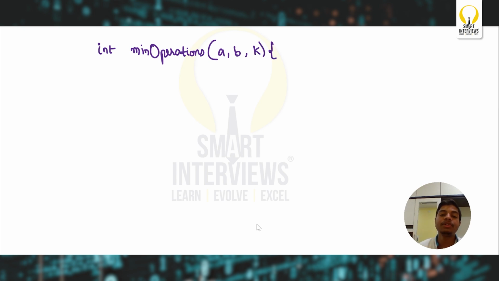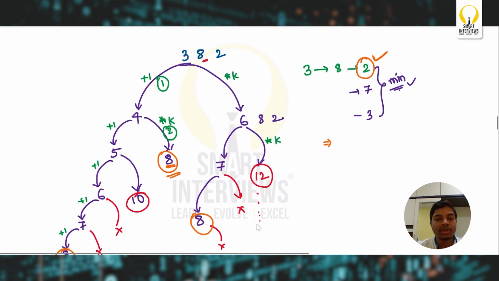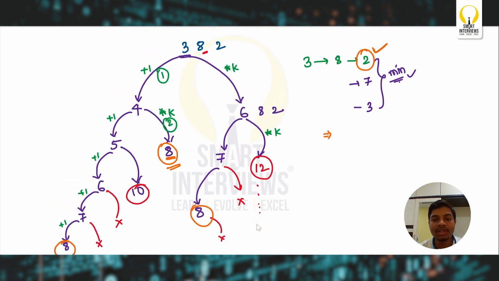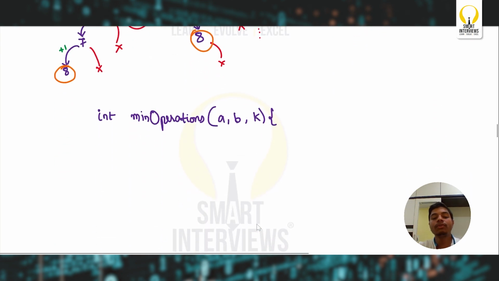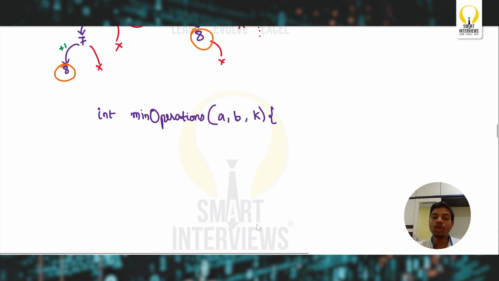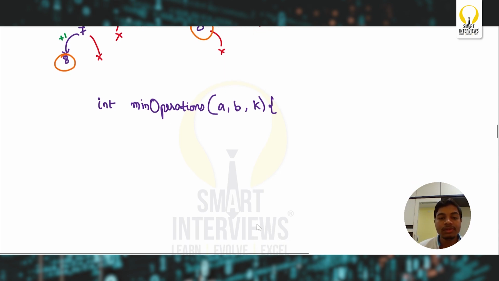Yeah. So for this, what is the first step? Out of all these possibilities, what do I need to return? I need to return the minimum. Let us first assume this function is going to give us the minimum number of operations to convert A into B with the help of K. After this assumption, we go to the main logic. That's something you're going to return. So you're going to return the minimum of minOperations,